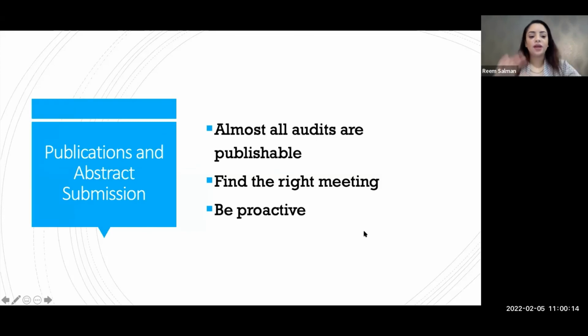Okay, so I encourage everybody who does an audit, because audits are hard work, okay? It's time consuming, and it is something that can look really good if you actually submit it for publications. And it's very simple. You just have to know what meetings are upcoming, okay? Go into the meetings website, submit an abstract, just see what structure they are following, because every meeting or every conference has a certain structure for abstracts, and try to copy and paste from your report. And if there are any word limitations, for example, just try to fix accordingly. That's as simple as it is, okay?